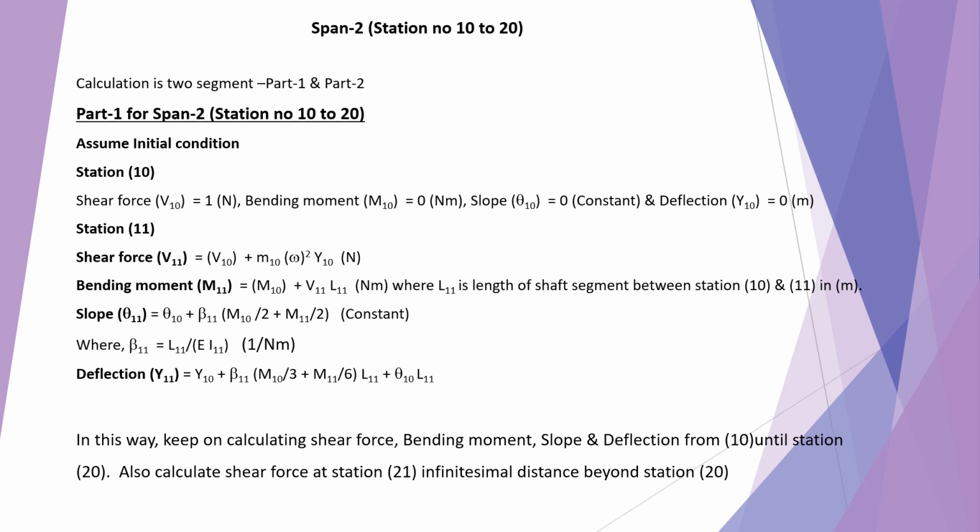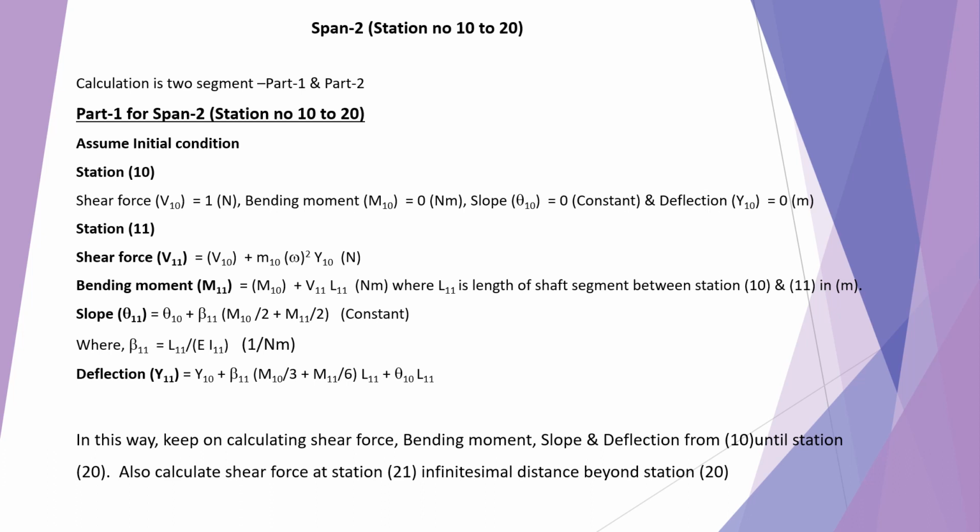Now for stations 10 to 20, span 2, again we need to calculate in two parts, part 1 and part 2. Part 1 for span 2. Initial assumption at station number 10: shear force V10 is 1, bending moment M10 is 0, slope theta 10 is 0, deflection y10 is 0. Station 11 is calculated: shear force V11 is V10 plus M10 omega square Y10,